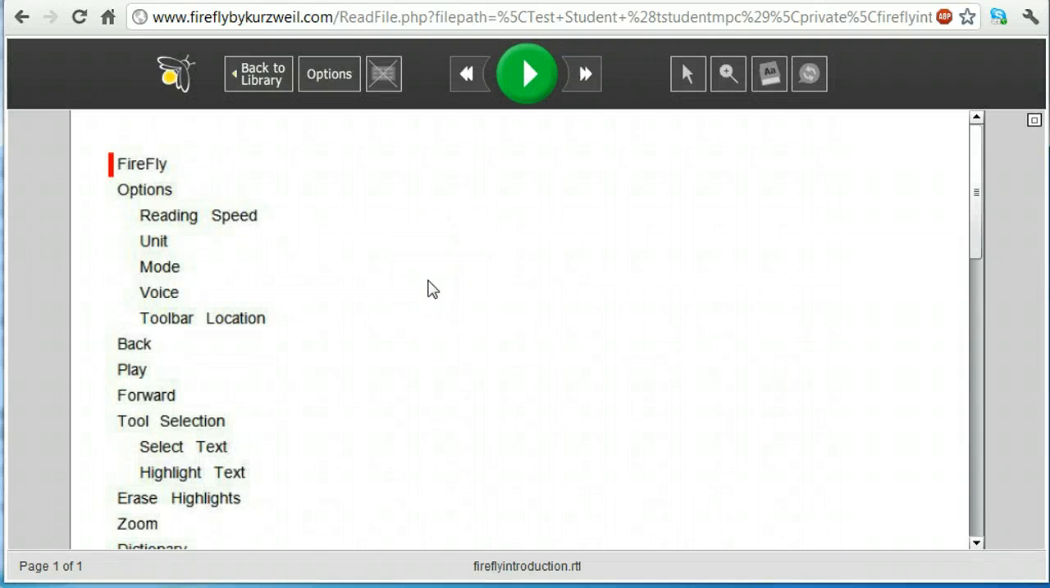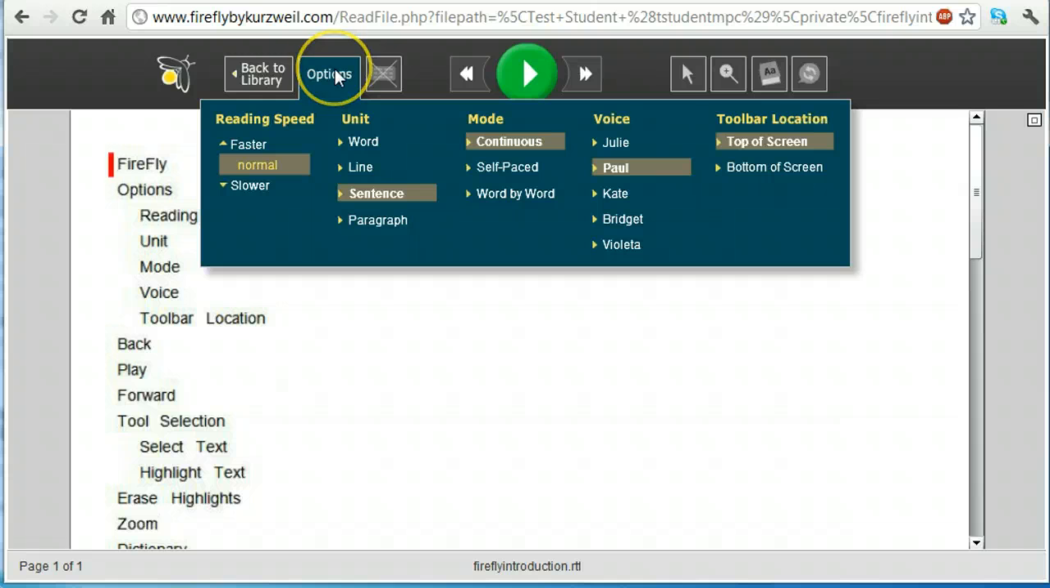So our document has loaded, and now we're going to take a look at some of the different things we can do in FireFly. This is all web-based. It only works if you have an internet connection, and depending on the size of your file, it can take quite a while to load. The first thing we're going to look at is our Options button. When you move your mouse over Options, you have 5 different